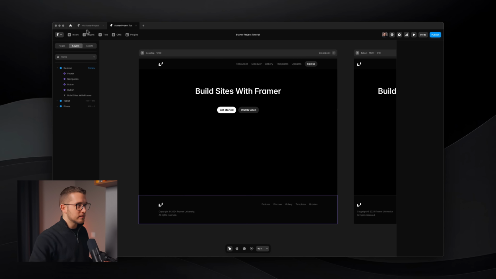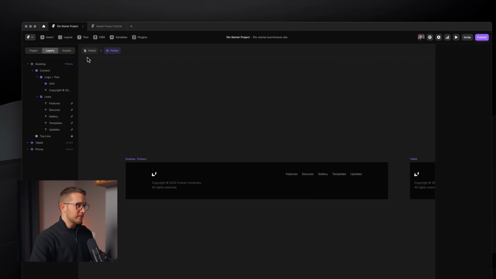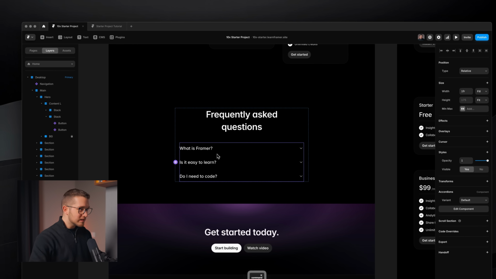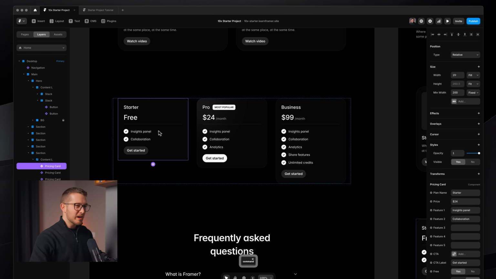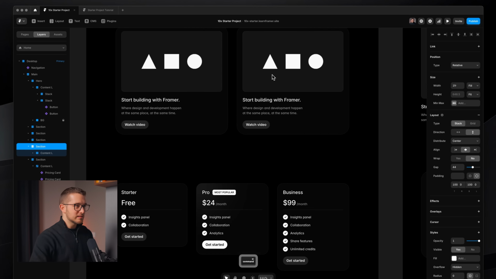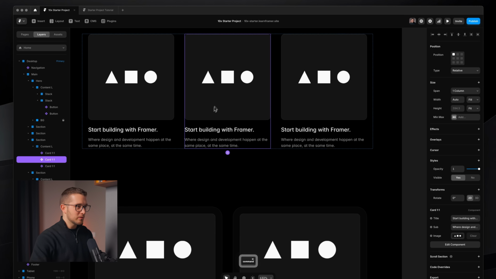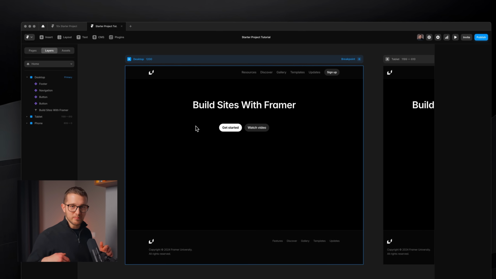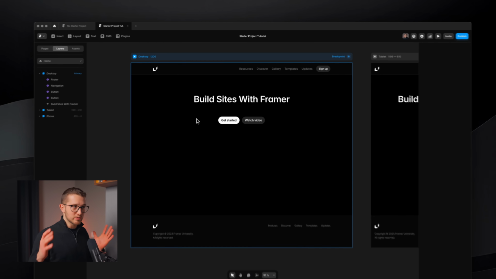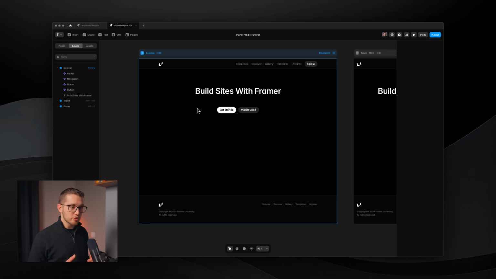But again, if you want to create more components, you can do that. For example, in the finished project, I have created some accordions, as you can see right here, some FAQ accordions, pricing card components, and these other types of card components. These are also really useful if you have some more time to set up for yourself, for your starter project,